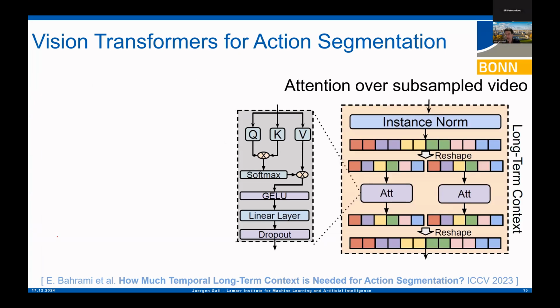Another approach is to subsample the sequence. We have the same subdivision, our entire sequence of frames 1, 2, 3, 4, 5, 6, and so on. Now I subsample my sequence: I take the first frame here, the second frame there, then the third frame here, and frames 4, 5, 6, and so on.